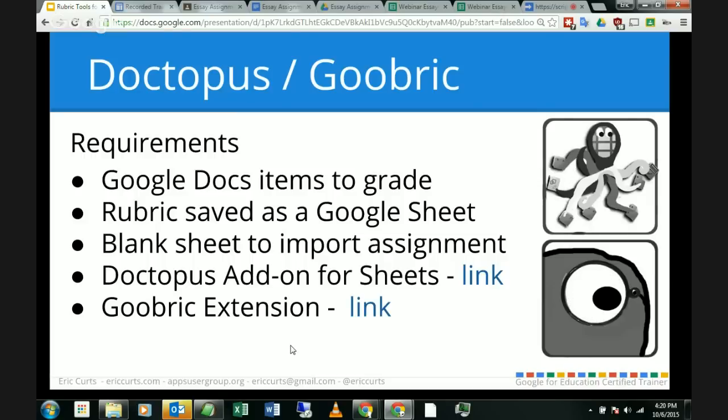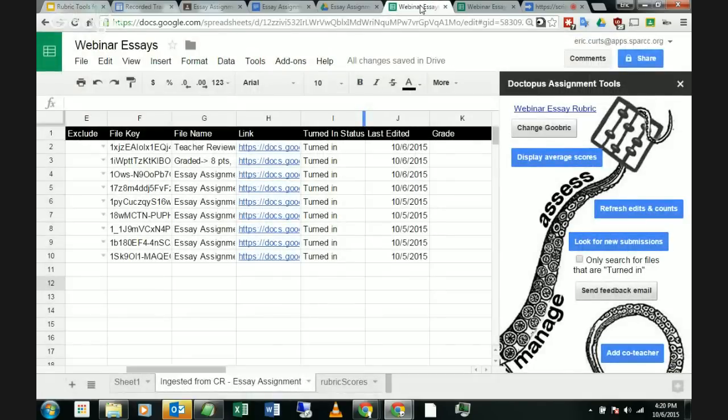We've got a question that says, when you ingest the Google Classroom assignment, will it pull essays that are not turned in when they are turned in? Okay, it does the ingesting at that moment, and you can decide what you want ingested. So if I come back here, let me see, here's look for new submissions right there. The first time I did it, I didn't mention, I'm sorry, there was a little box